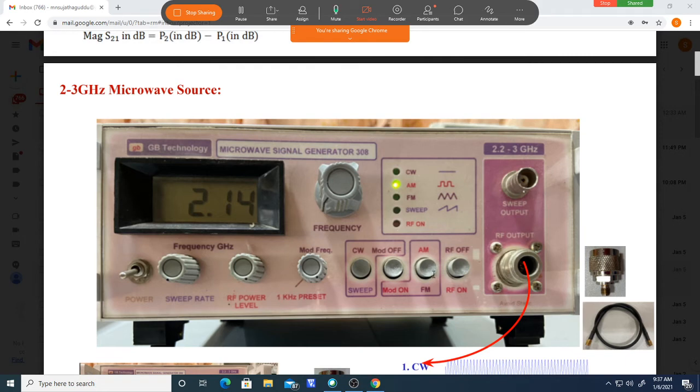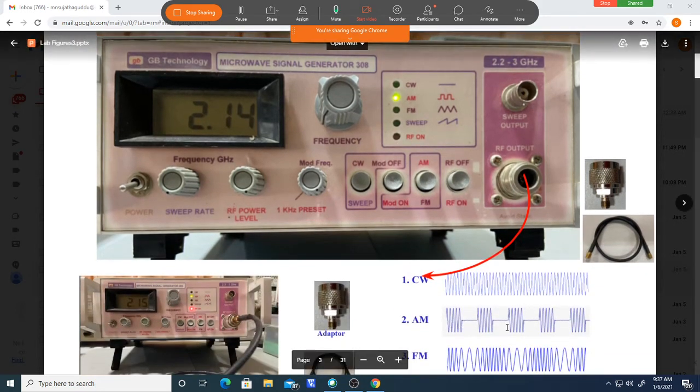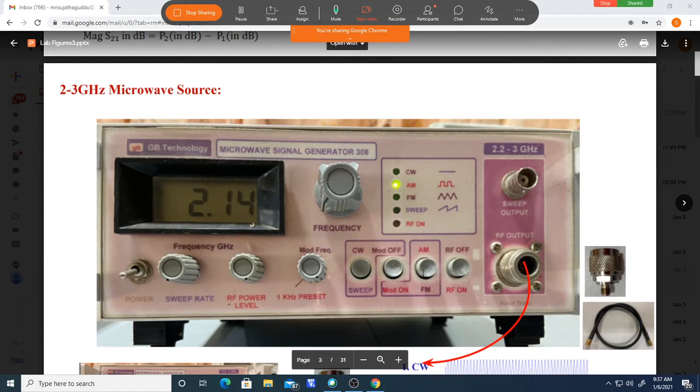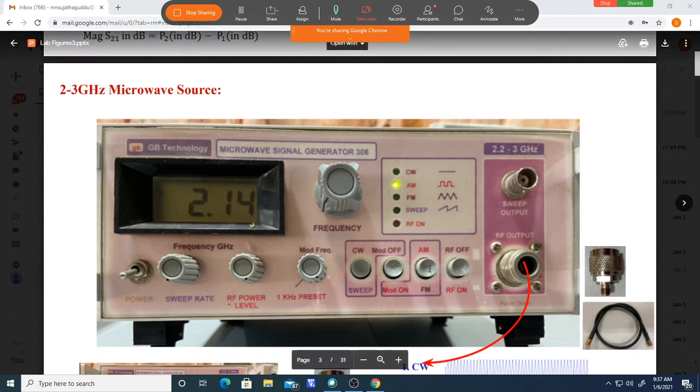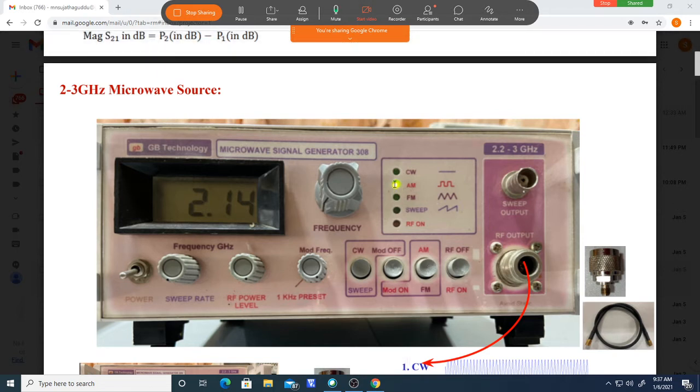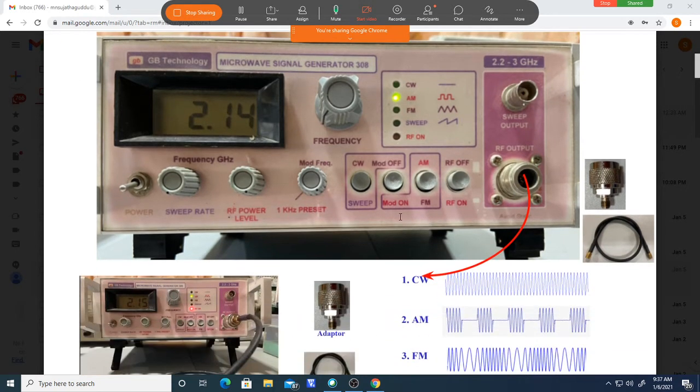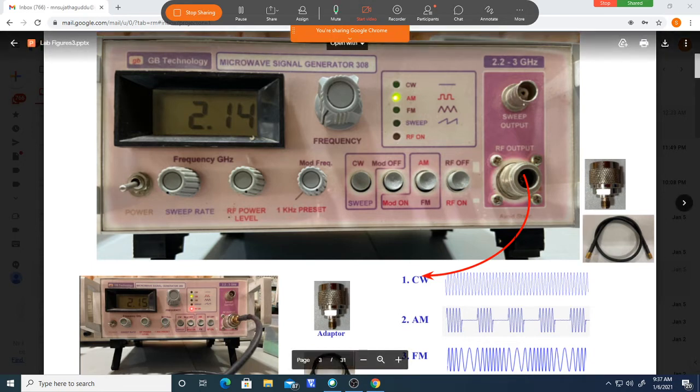Next, I want AM modulation. So you should release this button. You can press this or we can release. If we keep it in the released position, that gives the AM modulation. See, AM will be selected. I have taken AM, so it is AM. This LED will turn on. So what is the output? I have pressed modulation, I need AM, so I released it and kept it in the released position. I am getting this as an output from here. This one I will be getting.